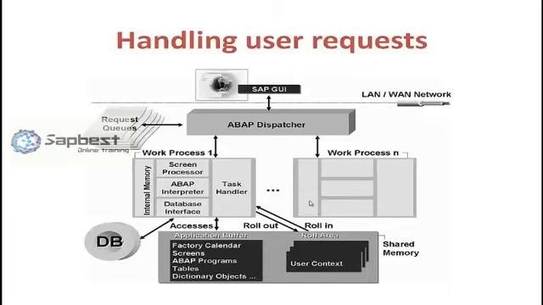For example, it has a task handler, it has its own memory, it has an ABAP interpreter. So if I have to process some information here, a program which is going to process has to be loaded from the database. So we have an ABAP interpreter to interpret that program after it is loaded. The database interface allows me to communicate with different types of databases. The task handler coordinates all these activities.